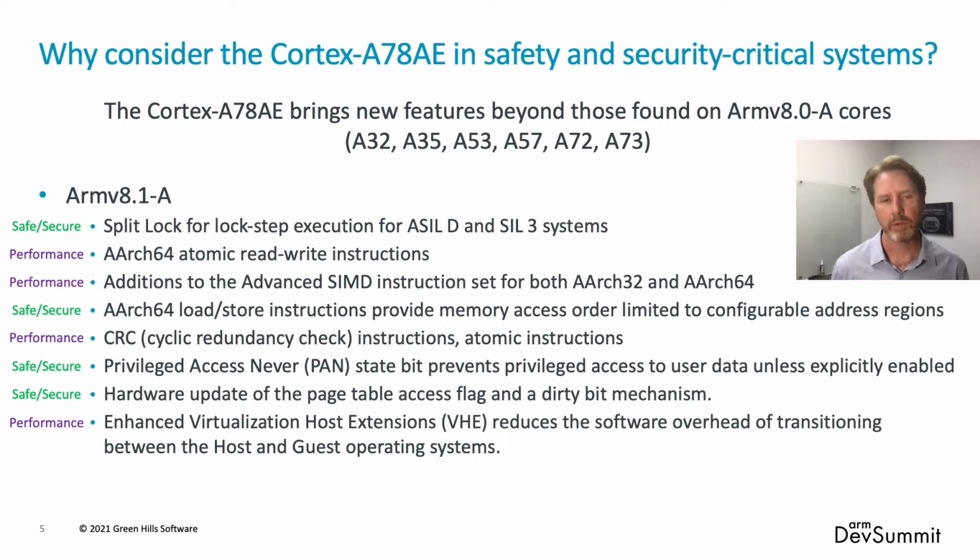And one thing that's nice about the A78AE is that if you don't have all that loosely coupled lockstep stuff enabled, you can turn on lockstep in the cores, maybe deploy your first system, but maybe in an upgrade to the system later you decide that, hey, I need the extra performance of that extra core, and maybe you've determined that the algorithms, especially if you're doing some kind of consolidated system where you have mixed criticality in the system and you've got some safety related code but maybe some QM code or code that is just not safety relevant at all in your system, you might